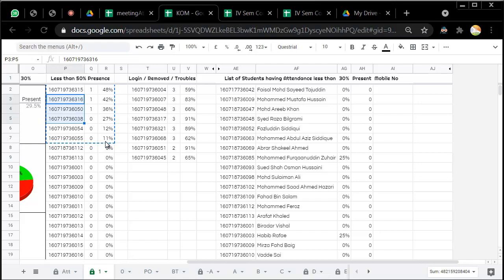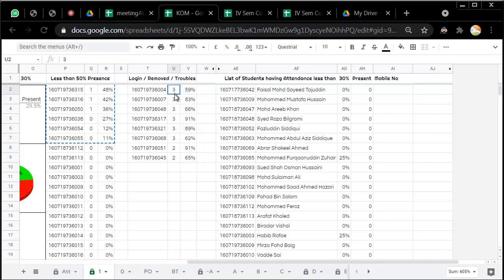So after this data that we copy pasted into the WhatsApp, let's go ahead to this one. So this data I have created to find out if the students are facing problems with internet or some other things. In fact, the primary reason for me creating this analysis was that some students complained that they were being removed by some other students. So I just wanted to ensure that those who are being removed continue to attend the class.